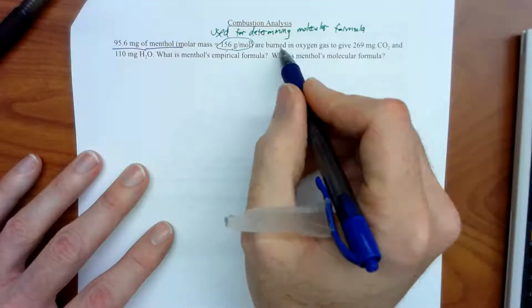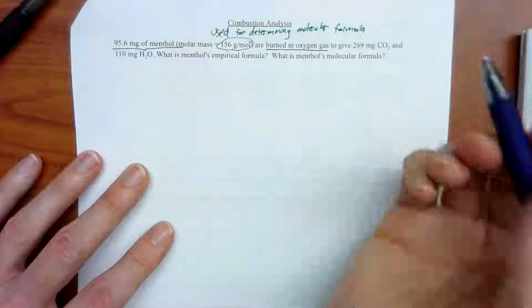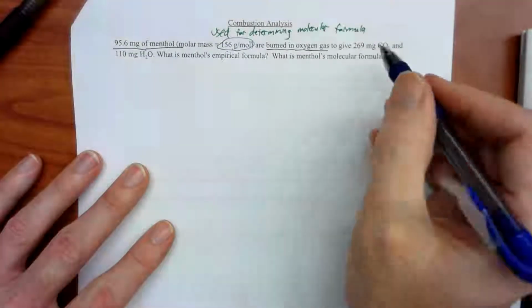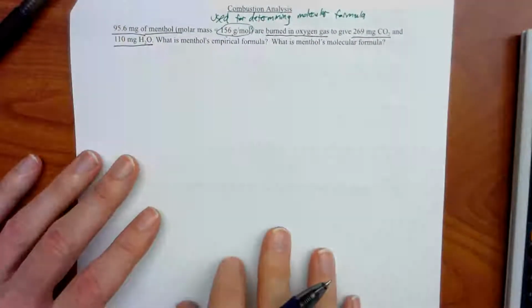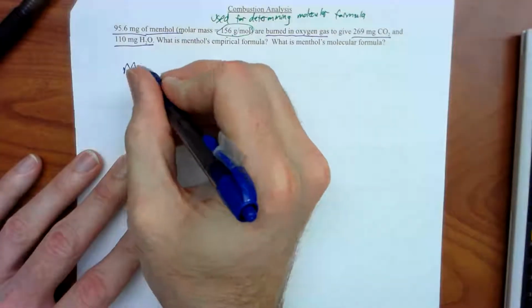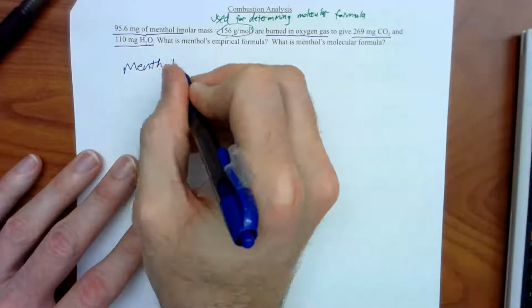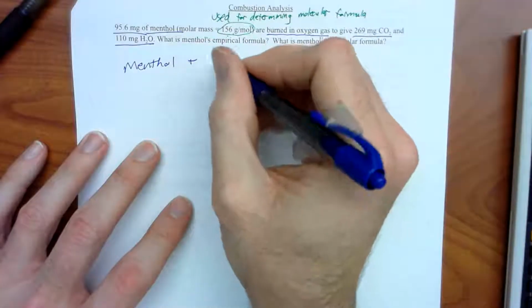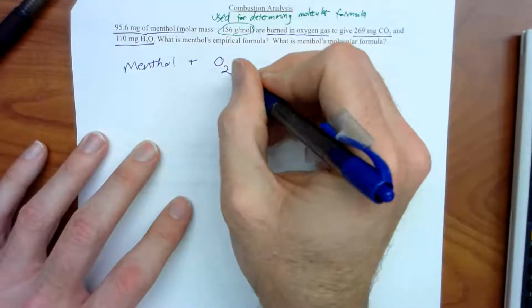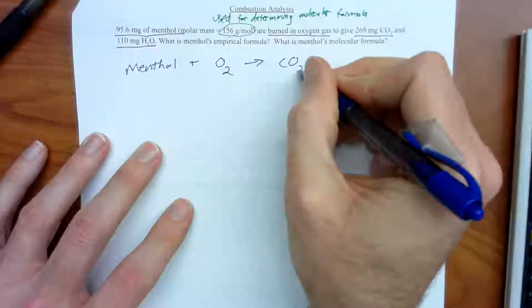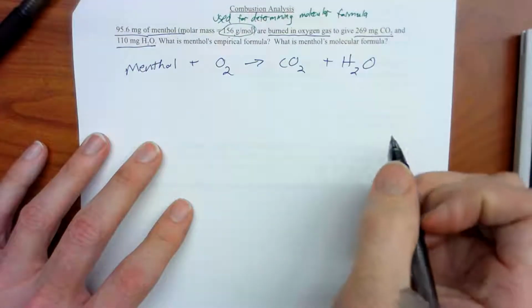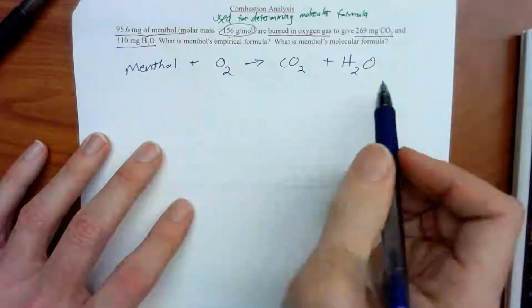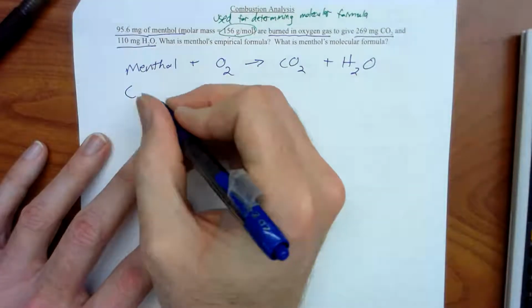Then it told us it was burned in oxygen, so hey, that's going to be combustion right there. And it did give us the products and the amounts of our products. We can form an equation of this. In our equation, we'll have menthol plus oxygen yields CO2 plus water. It's not necessary to balance it, but we will know that